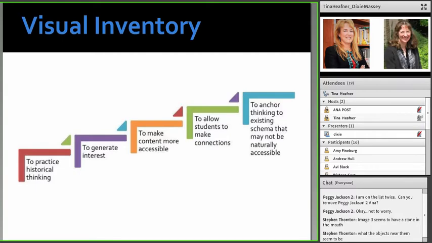Our purpose in using visual inventory is again to establish this foundational interest and to generate and sustain inquiry by having students develop some of the questioning on their own. So we're building foundational inquiry and disciplinary literacies too. Our goal is to practice historical thinking by asking and generating questions, and those questions guide our interest to make content again more accessible, as I already indicated, all creating this equitable opportunity for inquiry,